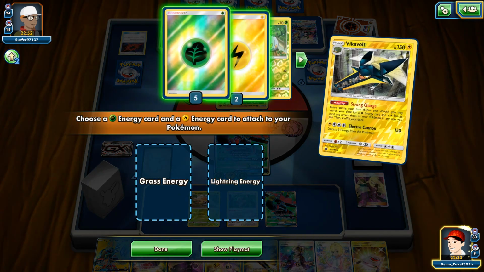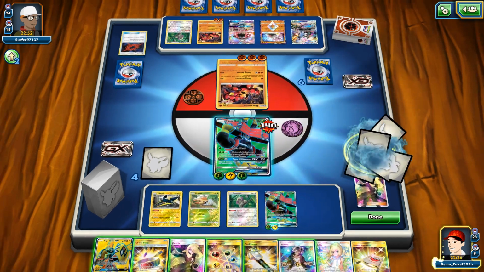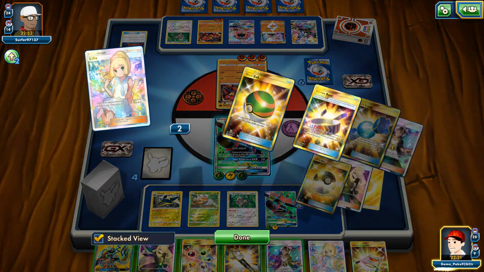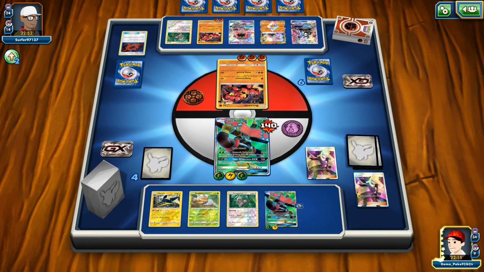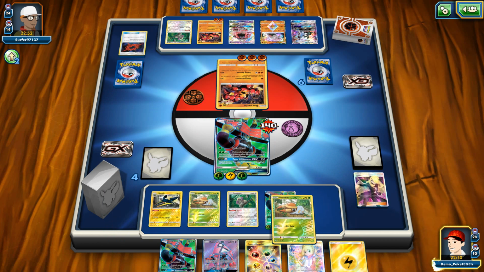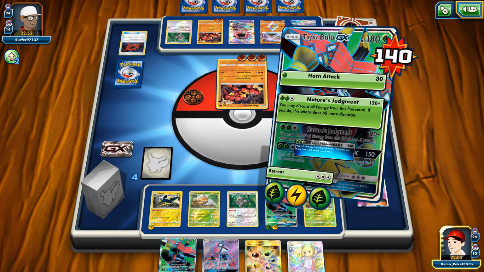Okay, so first things first, one Strong Charge. There we go. Second thing I'm going to do is going to be energy attachment. I don't have nearly enough energies to play my Energy Recycle, and I don't want to play any other card from my hand. So another Grubbin, definitely gonna put him on the bench, in case of the knockout, and it's time for my